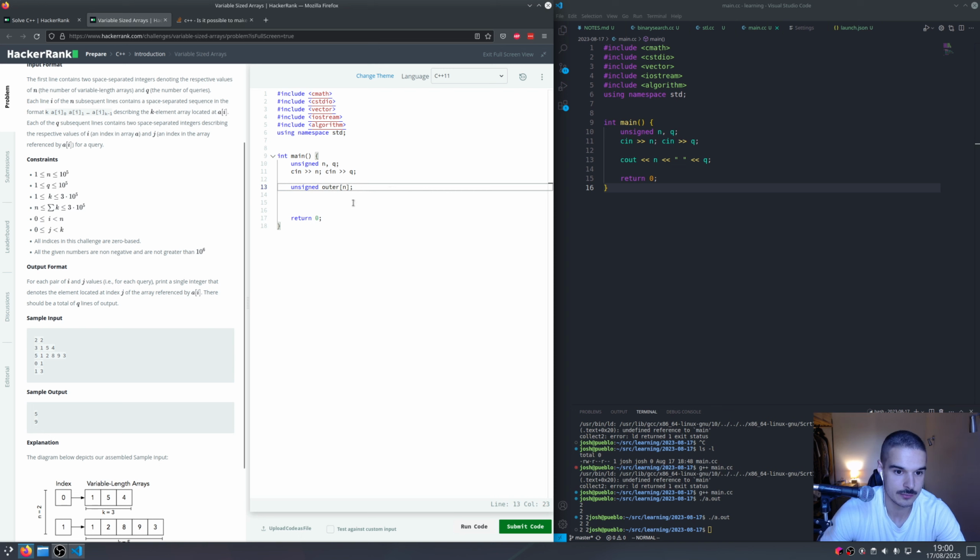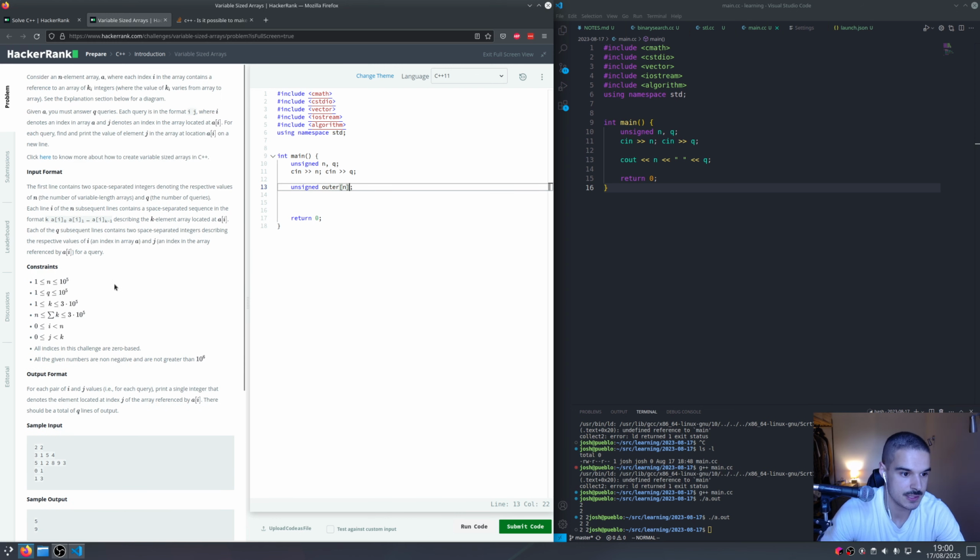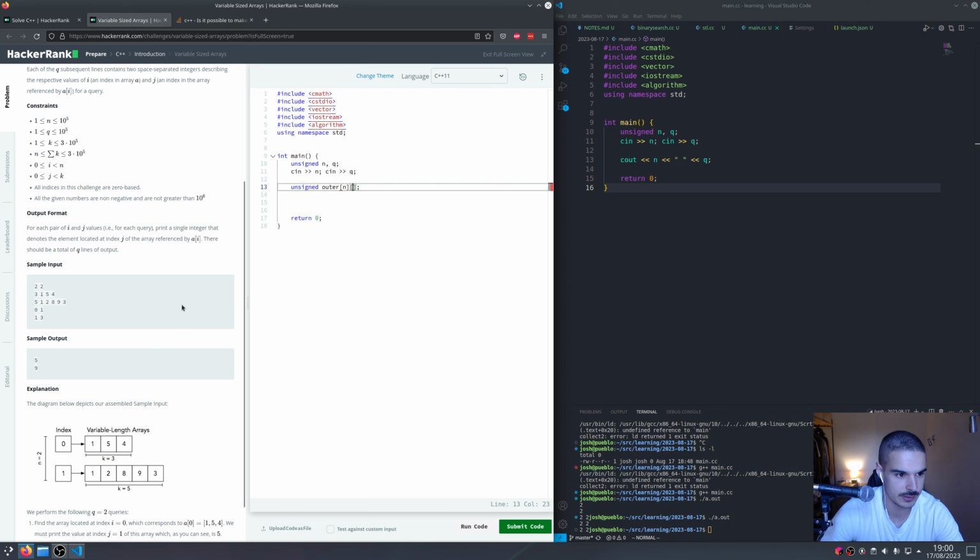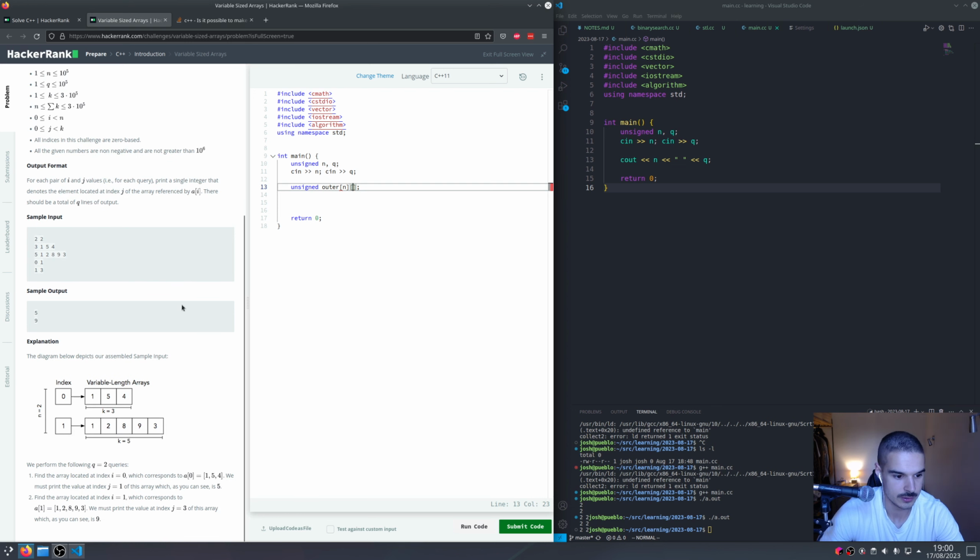So we've got n queries. How do we define one that's each? n is the number of variable length arrays, but what do I do for my second index here? Because they could be anything. Do I need to take the maximum value of